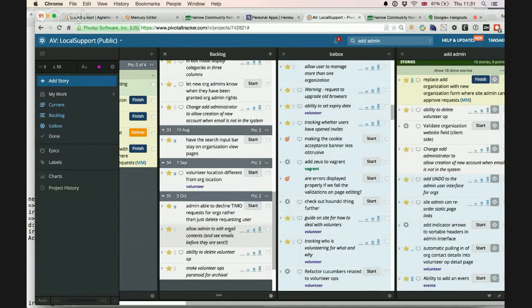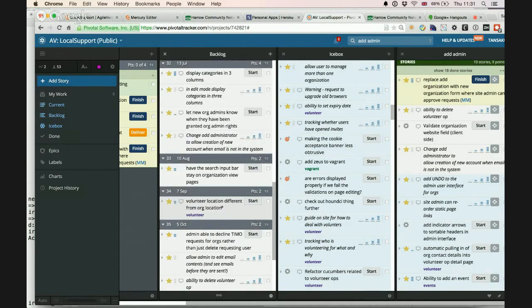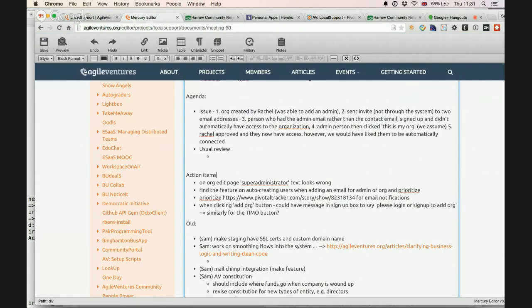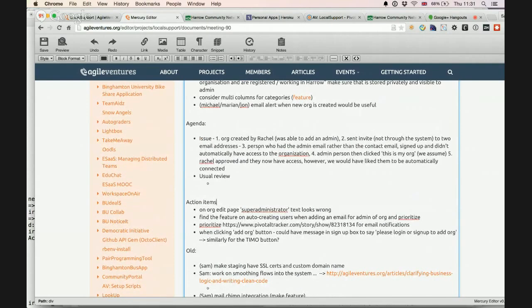However, the only one I might move up is the change add administrator, and move it higher, just above the 10th of August one. This one, and put that above. Yeah, maybe. Right. I guess this is actually the one that would address the flow issue that we had here.